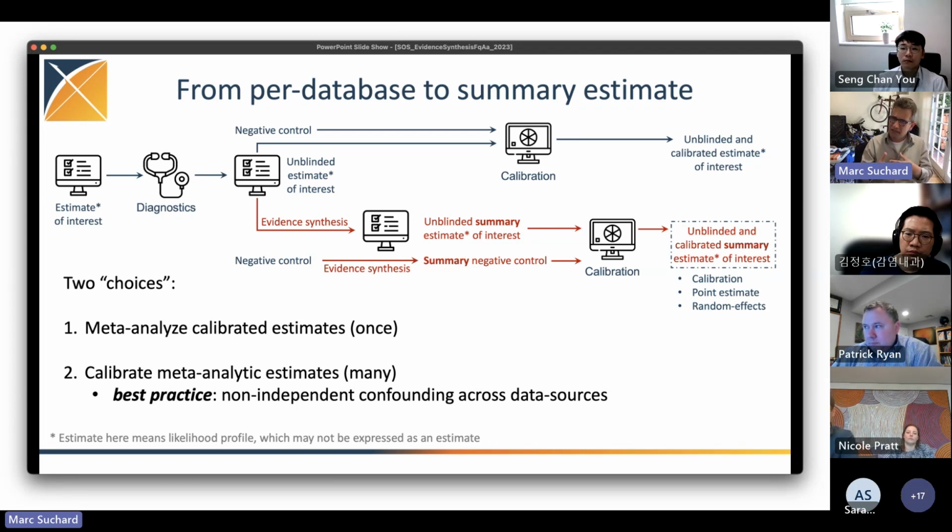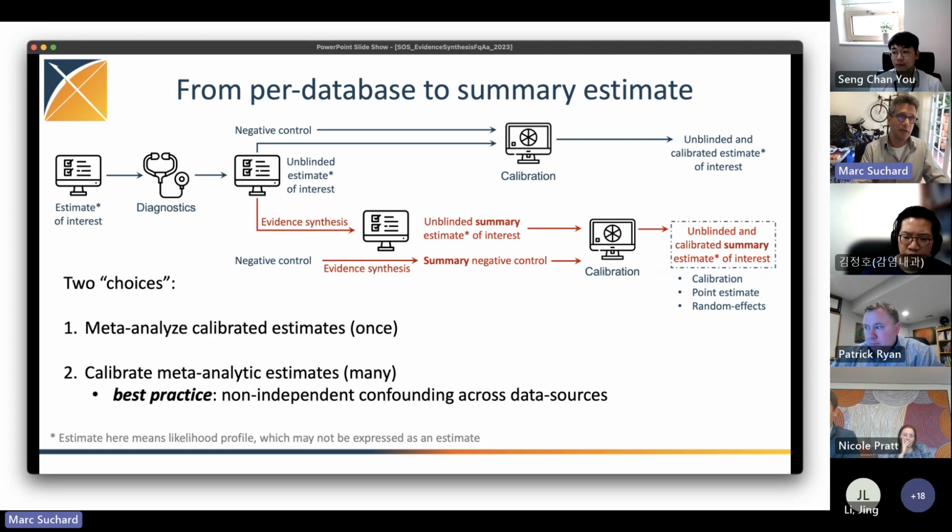Right? If all of our data sources had the same confounding, which we weren't really capturing with our negative controls, then if we calibrate within a data source, we don't learn that we're missing it across all of our different data sources. We think we've calibrated correctly and gotten rid of all the residual confounding. And then as we add more and more data sources, our meta-analytic estimate, because we think we got it right in the first place, is going to shrink down to an overly small confidence interval that doesn't account for that